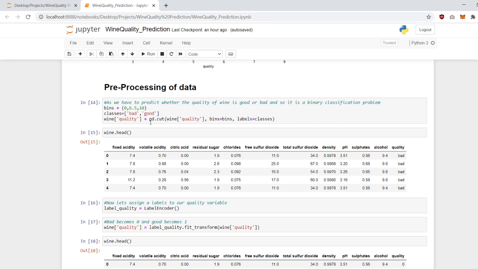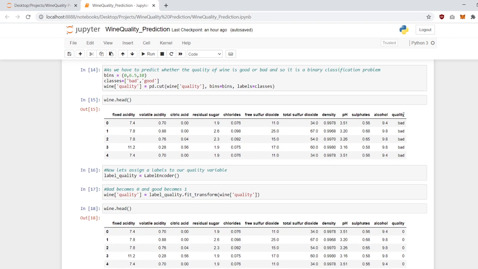So we will use the pd.cut method and pass the bins variable and the label classes, which will alter the quality column in our data set. So all the values which were initially less than 6.5 are now turned into bad, and the values greater than 6.5 are turned into good.